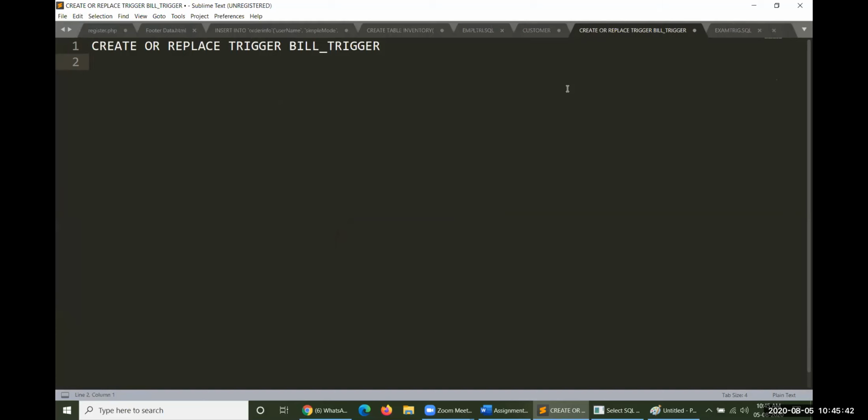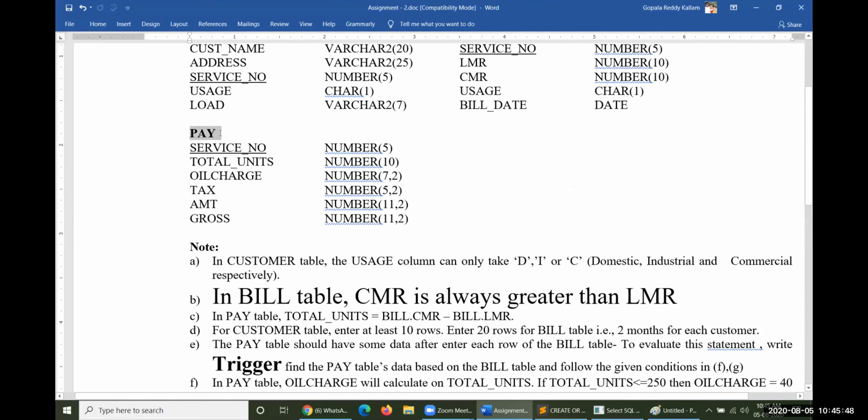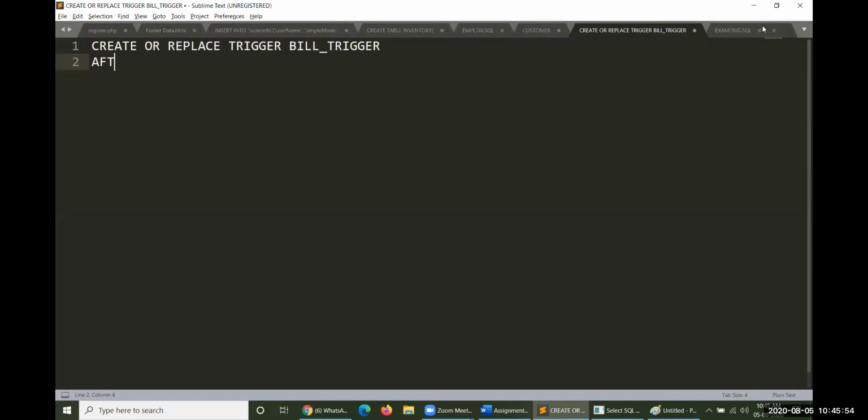After insertion of one row, immediately the pay table must be reflected. After inserting one row here, the pay table must be reflected here. So that is why after insert on, the table name is bill, for each row.